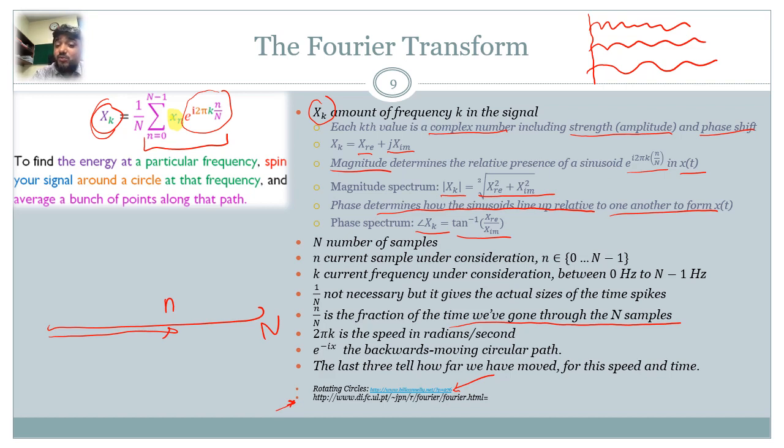It's like it's the backward moving circular path. आपके पास बैकवर्ड और फॉरवर्ड दोनों सर्कुलर पैथ्स होते हैं, आप दोनों को यूज कर रहे होते हैं, इसीलिए जब आपके पास फोरियर ट्रांसफॉर्म आता है तो वो एसेंशली एक सिमेट्रिक ट्रांसफॉर्म होता है ऑन बोथ साइड्स ऑफ द ओरिजिन। ये चीज़ भी आगे जाकर आप देखेंगे कि, और अब आपको रीजन समझ में आ जाएगी कि ये किस वजह से हो रहा है। सो देयर इज अ पॉजिटिव फ्रीक्वेंसी एंड देयर इज अ नेगेटिव फ्रीक्वेंसी, एसेंशली द सेम सर्कल रोटेटिंग इन वन डायरेक्शन और द अदर डायरेक्शन. The last three of these essentially tell you कि अब तक आप कितना मूव कर चुके हैं अपने सर्कल के अलॉन्ग, ठीक है जनाब।